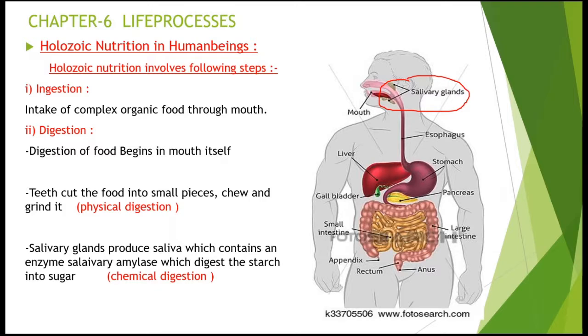And next, one more part involved in the digestion of food in the mouth is the tongue. The tongue is a muscular organ which helps in mixing the food with the saliva, and it also turns the food into a soft bolus, which is easily helpful for the swallowing of the food. So the tongue helps in the mixing of food. That is the process called mastication of food.